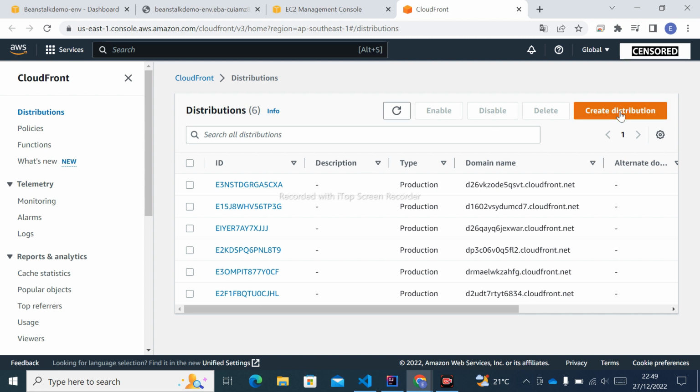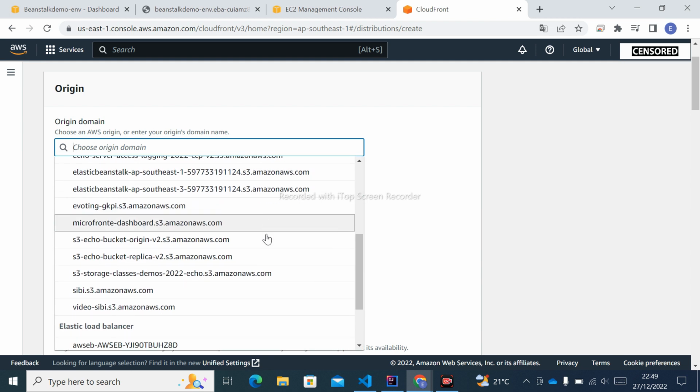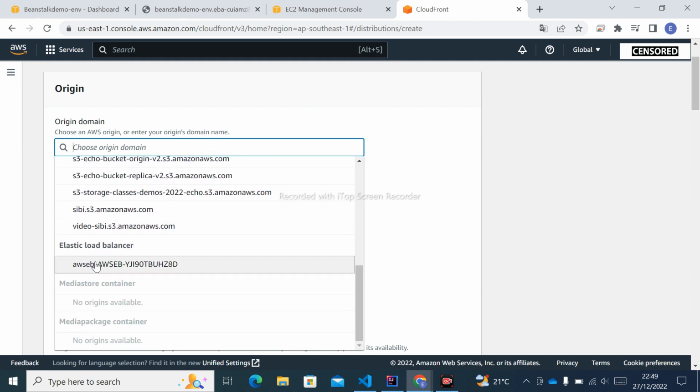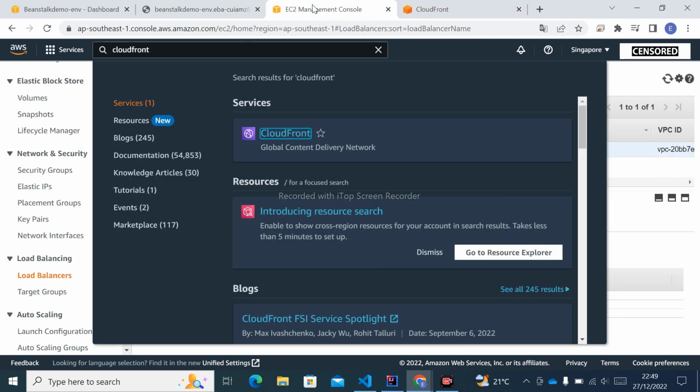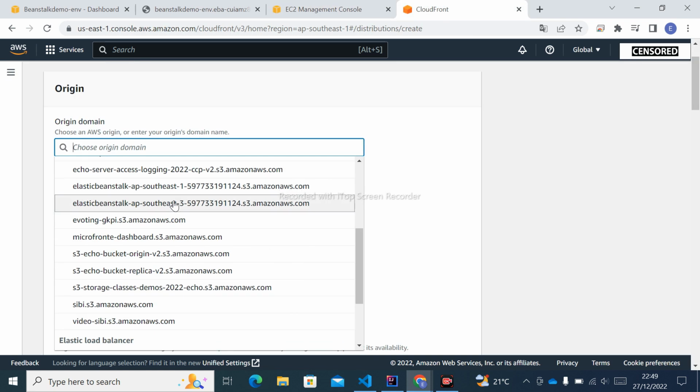Okay, click the create distribution. On the domain, we choose the Elastic Load Balancer with the ID offset blah blah blah and ZXD. Okay, it's the same as our load balancer that links to our Elastic Beanstalk environment. Right here, you can see the name. So we choose it,